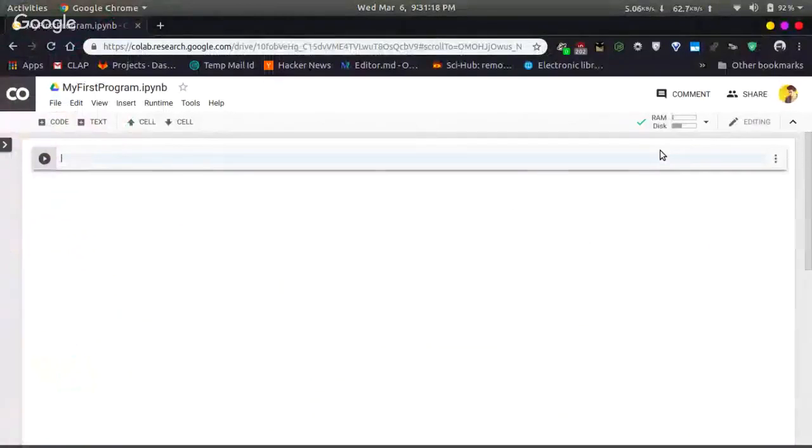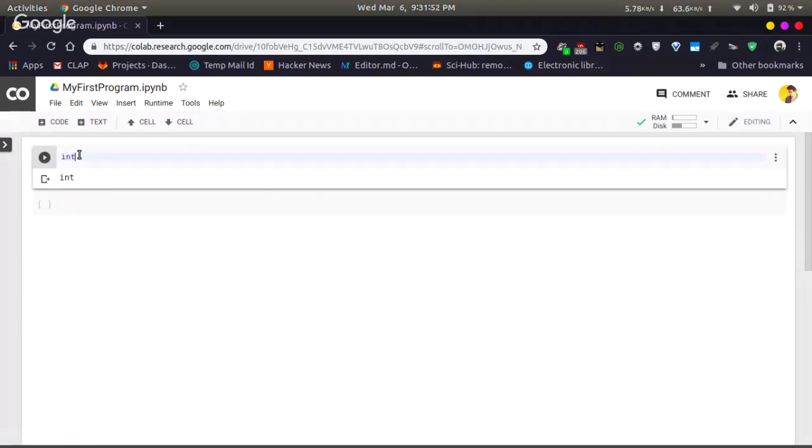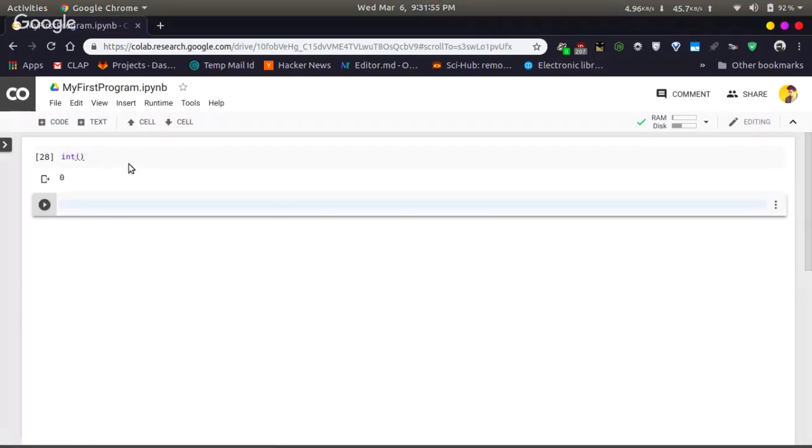What is a keyword? Words that have some predefined meaning or that are already defined in Python language are called keywords. For example, if you try to type in int and try to run it, you will get 0.